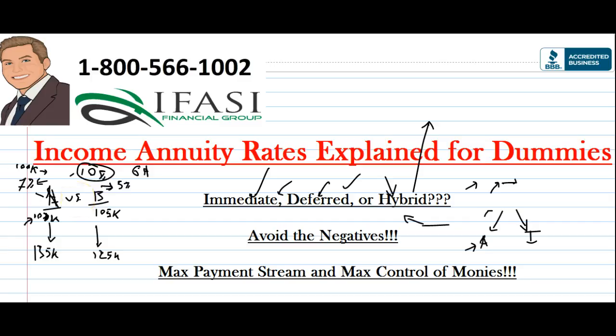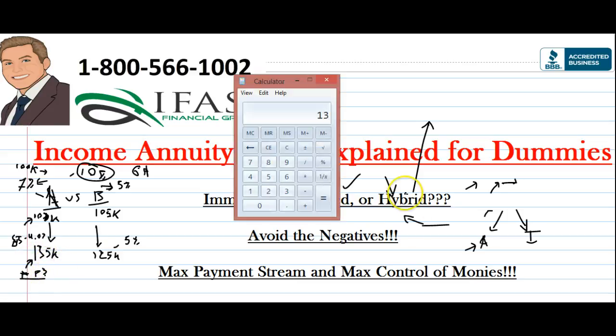And not so fast, because what determines what that lifetime income rate is, also known as payment stream, or you might have heard it as cash flow, is what exactly this number is multiplied by, something known as a distribution rate or payout percentage. So if we know that company A, let's say for a 65-year-old male, has a payout rate or distribution percentage of 4%, but company B has a distribution percentage of 5%, well, when we do this math, we understand that $135,000, and I'll pull up a calculator real quick, $135,000 multiplied by 4% gives us, for a $100,000 deposit,